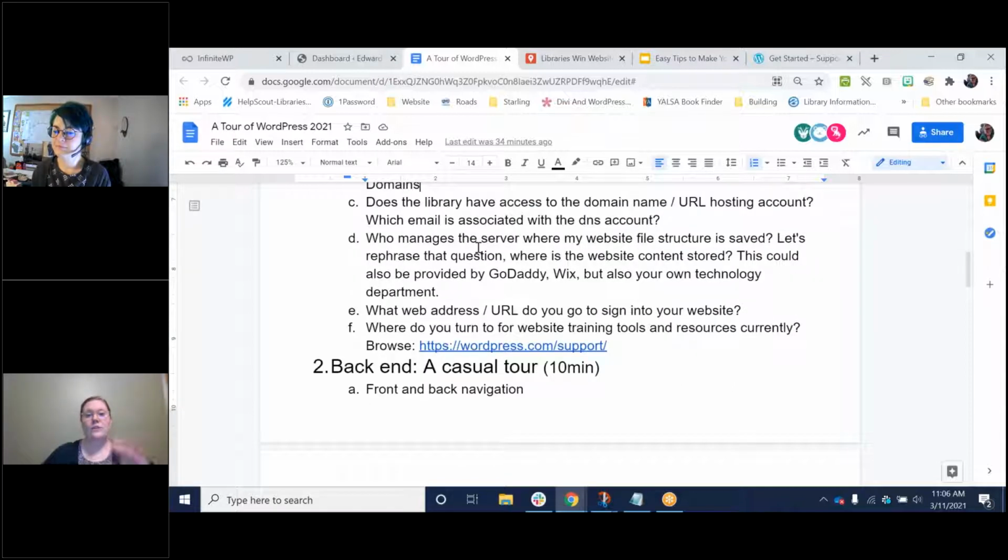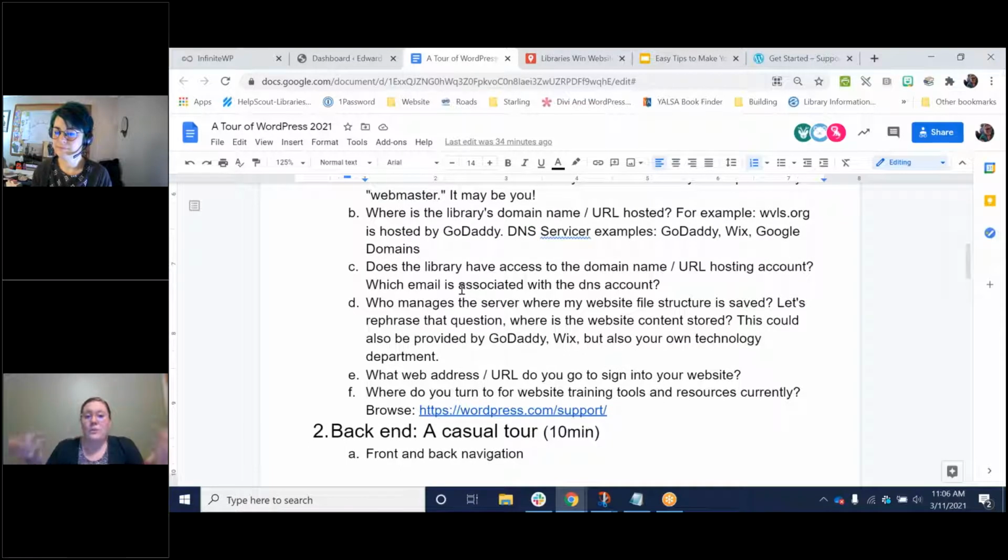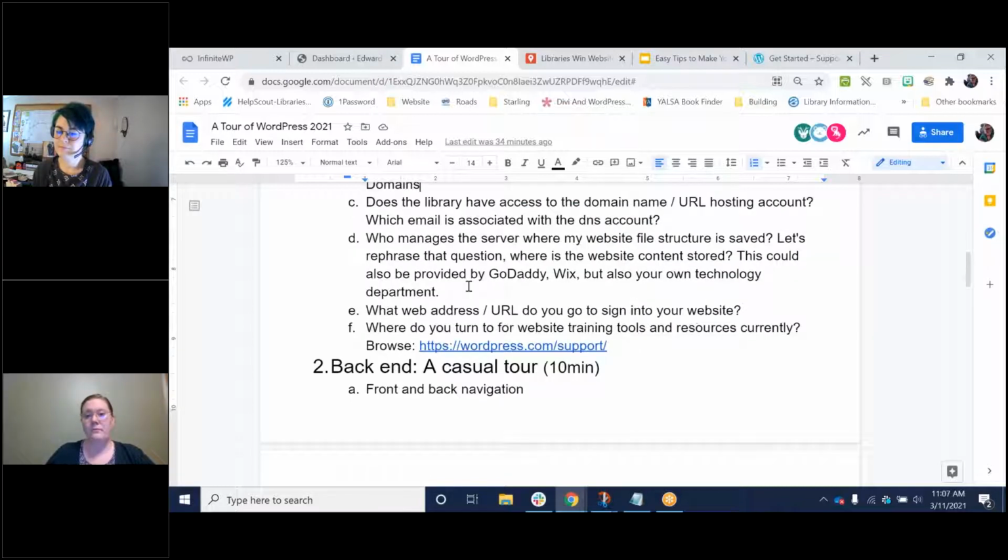On top of that, so you've purchased your URL, but where does the content or the meat of your website live? Does that also live with your GoDaddy or your Wix or your WordPress website? And with that, who supports it? Does your technology department support it, or do your servicers support it?